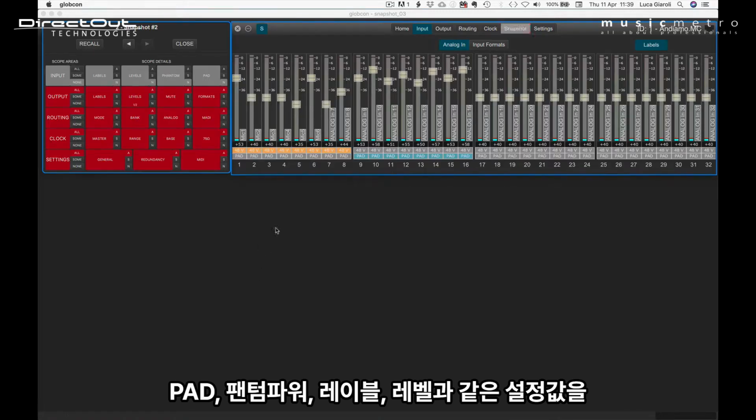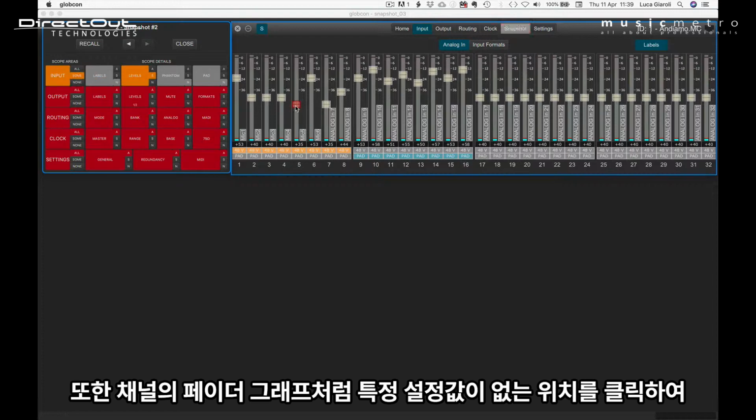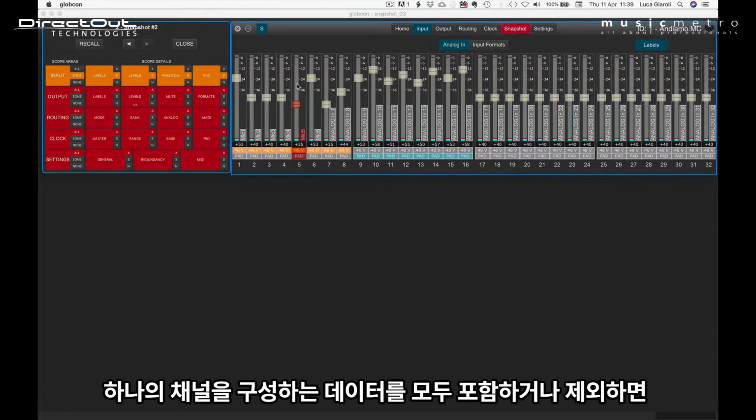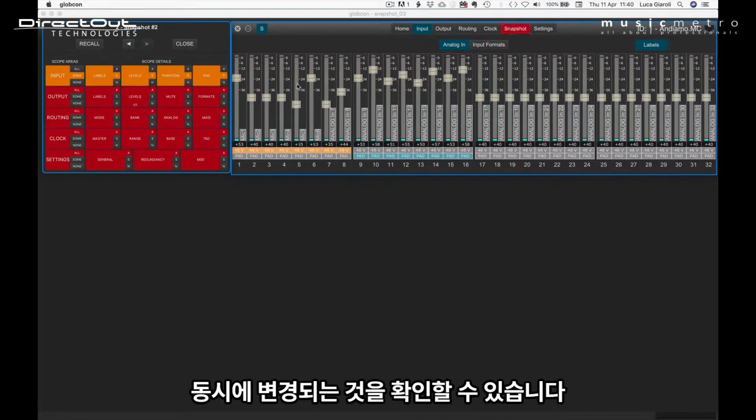For any channel, it is possible to include or exclude individual parameters such as pad, phantom, label, and level. We can also quickly include or exclude all the channel parameters at a time, clicking on any other position of the channel, for example, on the bar graph. We can see that several scope details in the snapshot navigator are changing color simultaneously when a complete channel is